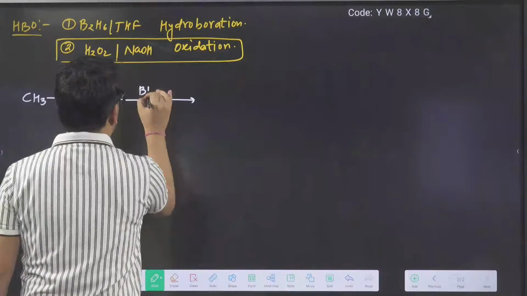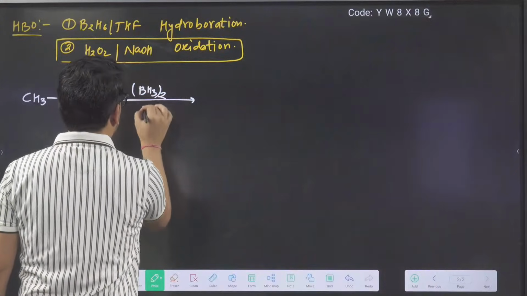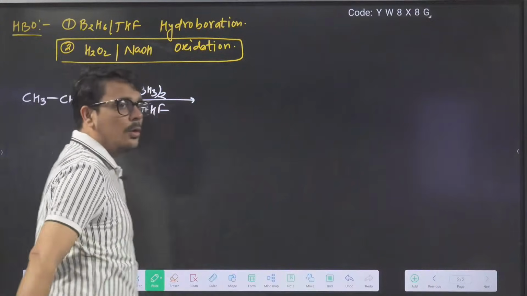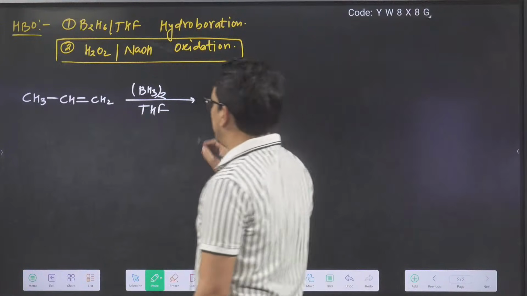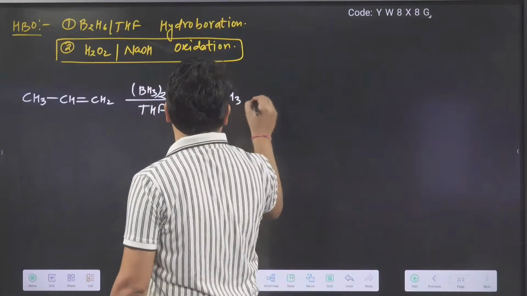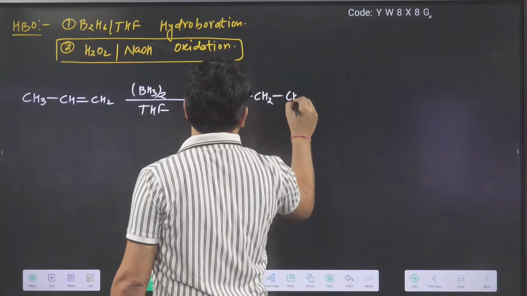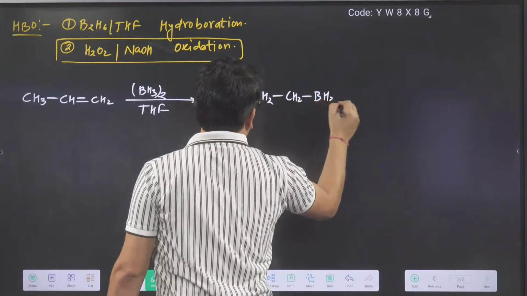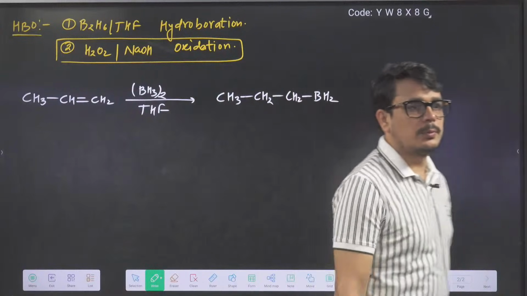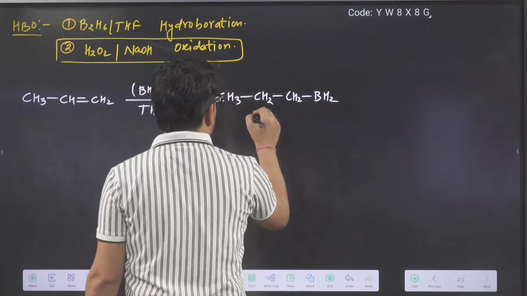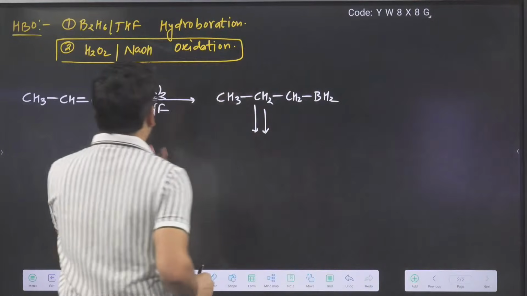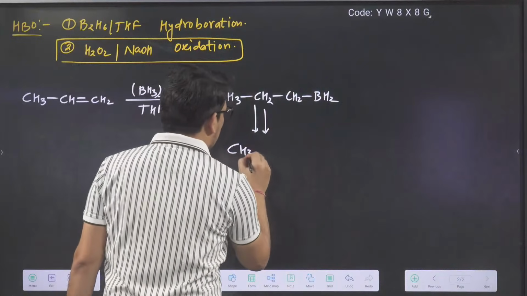Diborane means what? Dimer of BH3, right? So in this reaction, if you remember, directly we were writing like this. I'm not discussing its mechanism here. First it will be this compound. Clear? Now, this will further continue till all the hydrogens of this boron are replaced by